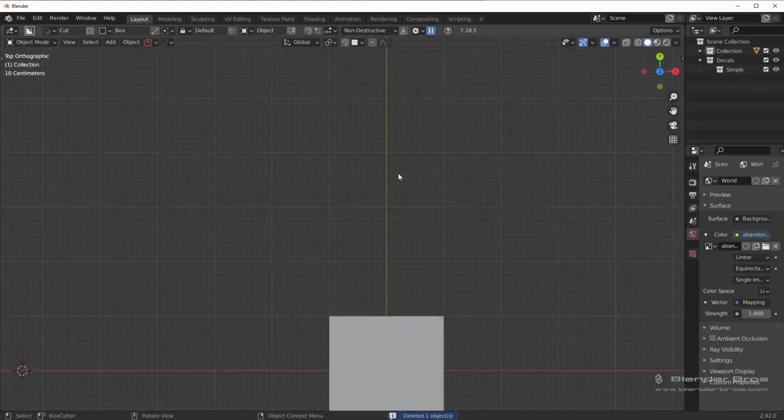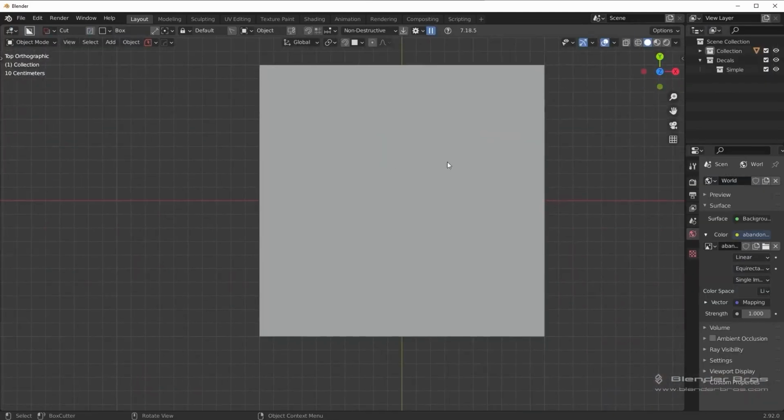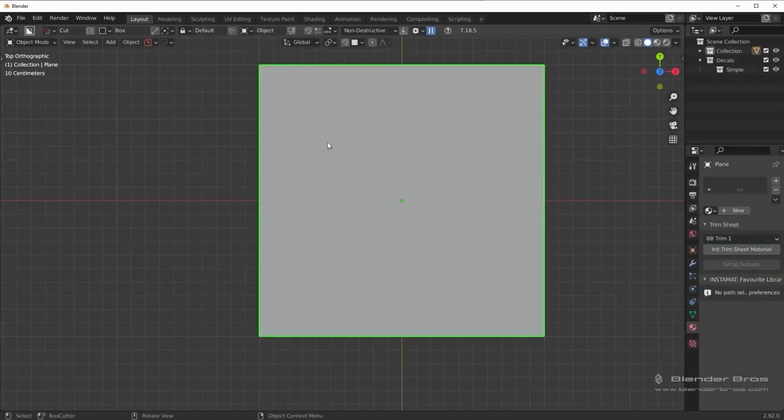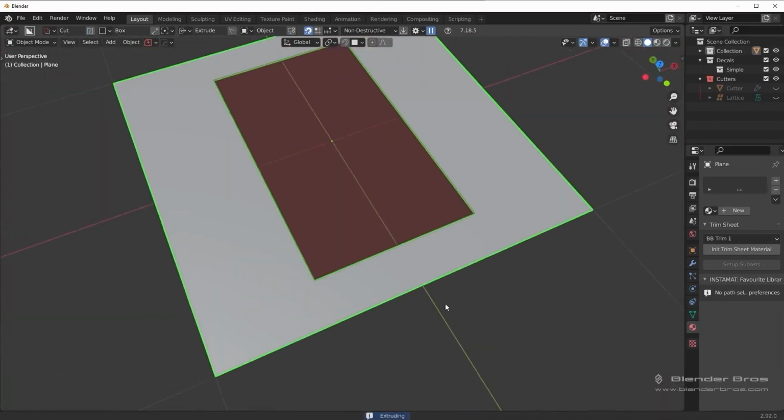So what I'm going to do is, first of all, let me add in, or you know what, I can remember what it looks like. Let me start with a square cutter. We'll go to snap and hold Control. And then if I just pan out and hold the Alt key, I can make it about this size. And then bevel it